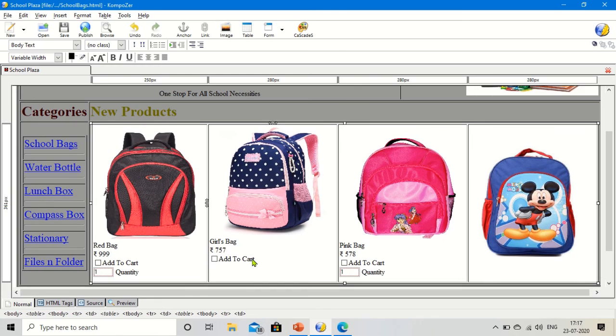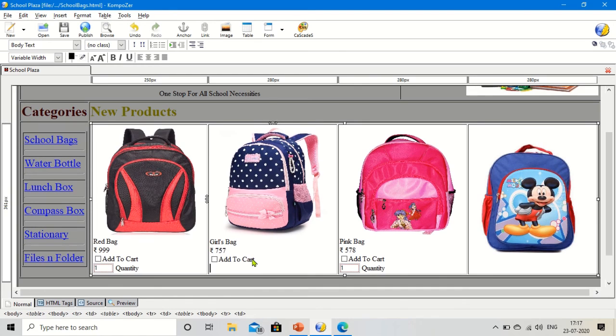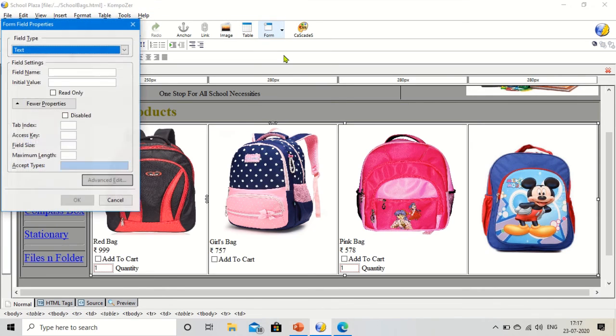Then come down and insert another text box for quantity. The same way, go to the form field, and the text is already selected here. Here I write txt2, and for the initial value give 1, and for field size give 3.